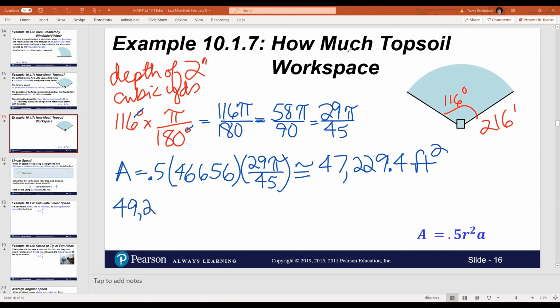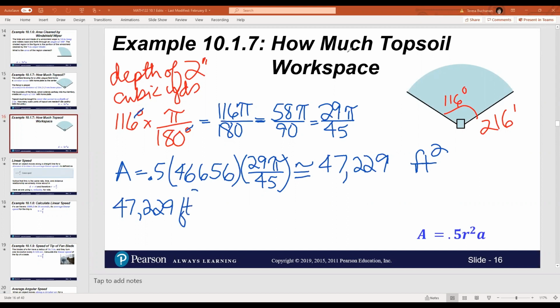What I'm going to do here then is consider the fact that, given the context, I would say maybe we can dispense with that. It's an approximation, but this is a big field. It's not like 4/10 of a square foot is real meaningful in the context. So I'm going to go ahead and take the whole number,